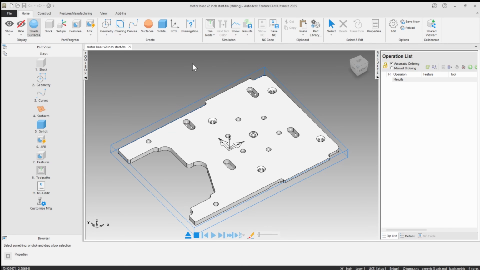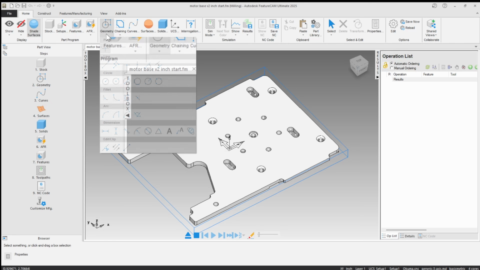Okay, let's talk about FeatureCAM, and we're going to talk specifically about feature-based machining, and in this video we'll do 2.5D milling features. So what is FeatureCAM? Well, FeatureCAM is a feature-based software where when we create toolpaths, we create what is called a feature. And that can be done from simple geometry that you import, such as a DXF or a DWG,